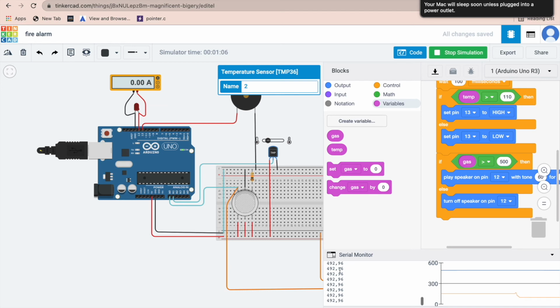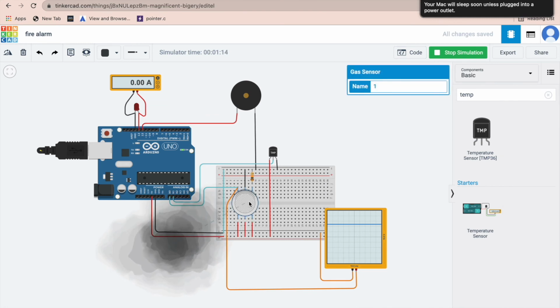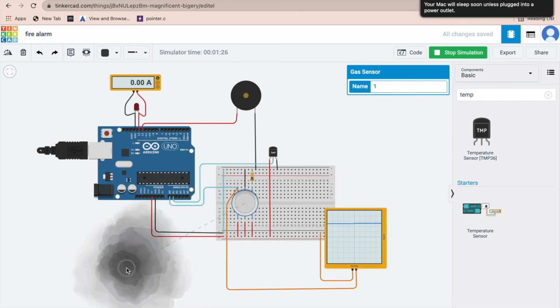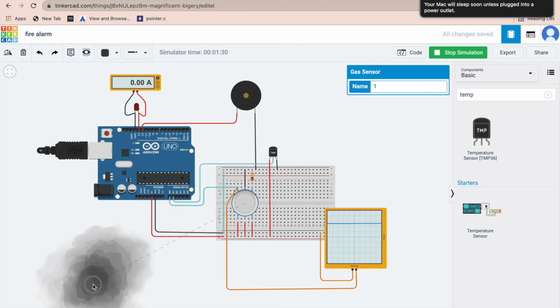Now coming to the gas sensor part, you can press on the gas sensor, and you will see smoke near it. Now bring this smoke over the gas sensor, you will hear the sound, and you can also see this oscilloscope going up a little bit.